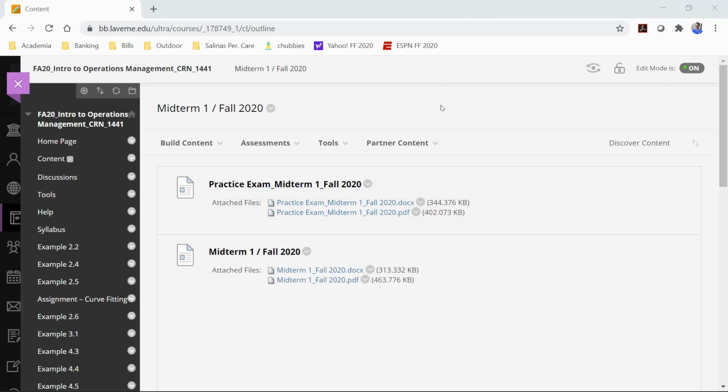Okay, so if you go on Blackboard, I just posted your exam, which is very similar to what we just went through, so you can look at that. Midterm 1, Fall 2020, here it is. Some of the students like to use the original or the Word document to kind of write the answers in between, which is fine. So they're both the same thing. You can either work with the Word document or the PDF. It's the same exact thing, but let me just show you what the test is.